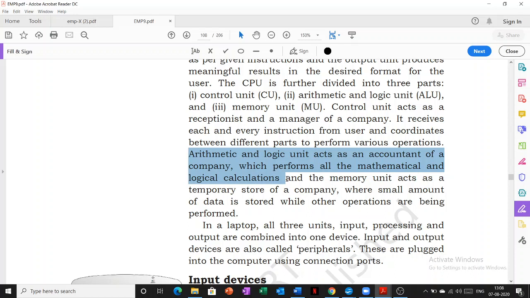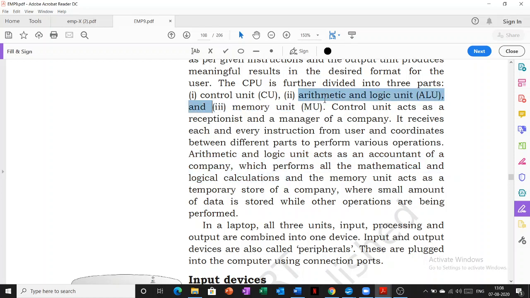These kinds of operations will be performed by the ALU. First one was the control unit, second one is the ALU, that means all the mathematical and logical operations will be performed by the ALU.